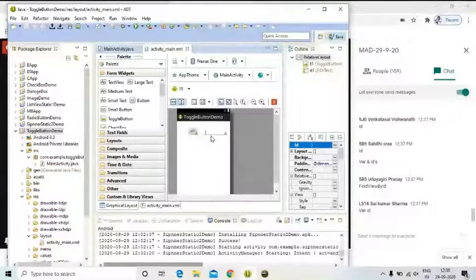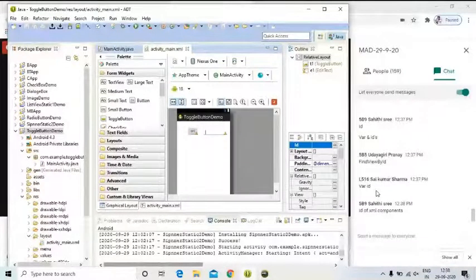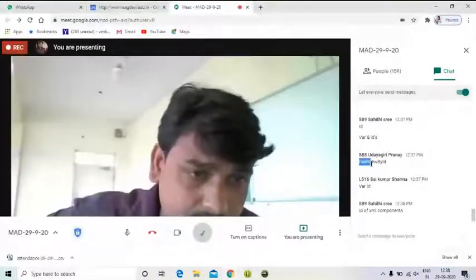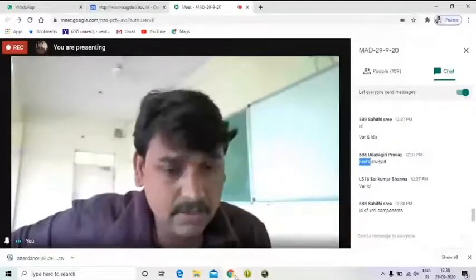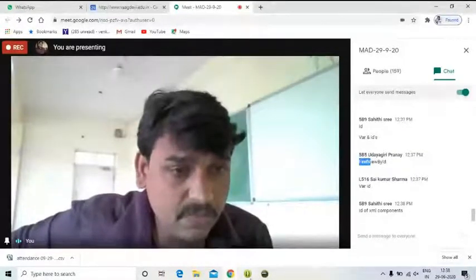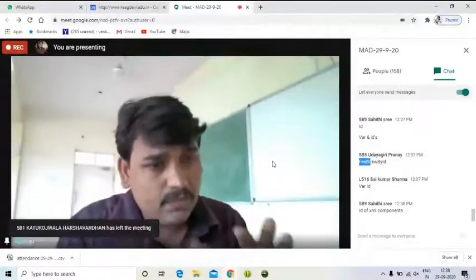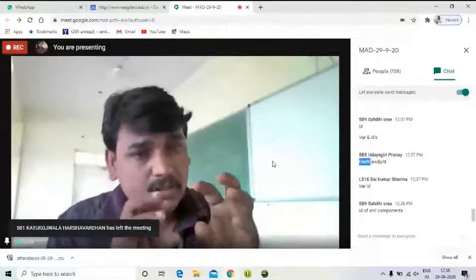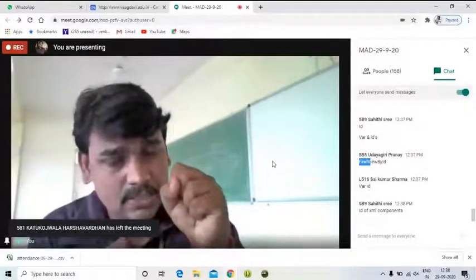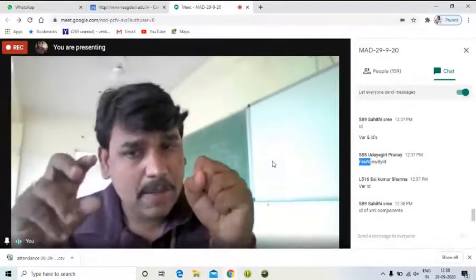On the relative layout, by using the method, Pranay, absolutely right. Why you are forgetting, I am not able to know. We map the IDs of XML components with variables of Java by using the method. What Pranay said is find view by ID. Okay. It does not only find the ID of our component, which is placed on design, it is also mapped with our Java variables.